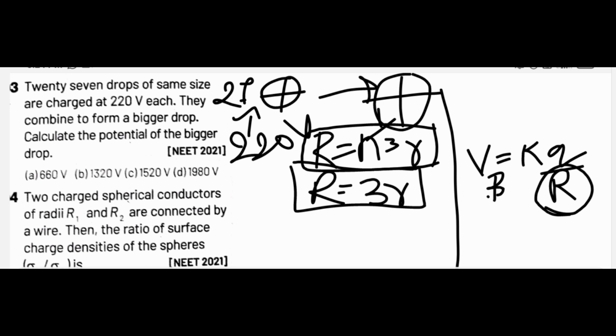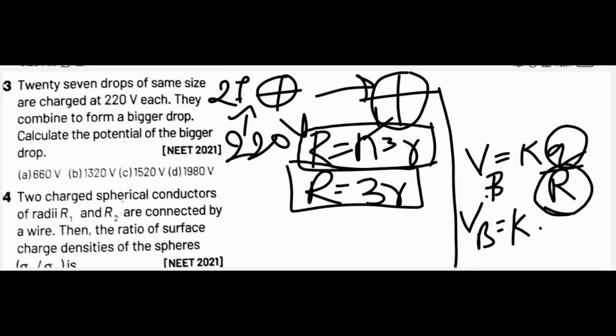So V is equal to K into charge. What is the charge they are telling? See, now you compare the smaller drop and the bigger drop. For the smaller drop, the potential is given by K into small q by r. If you put the same for the bigger drop, that is K into,